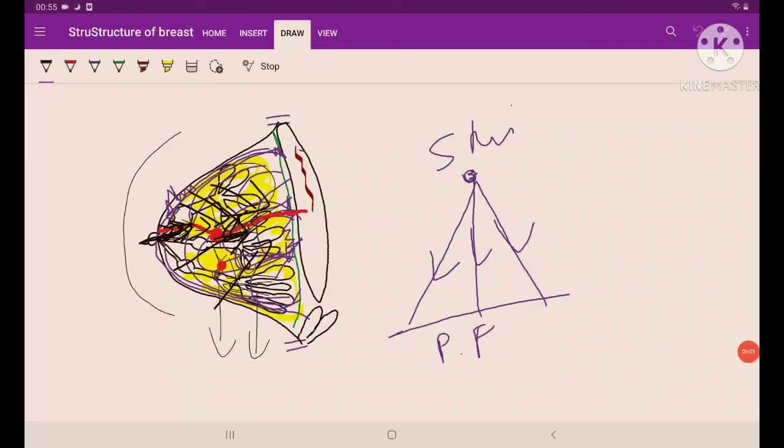Okay then guys, we'll end the class here today. In the next class, we'll be discussing the blood supply and the lymphatic drainage of the breast. That is one of the very important topics. We'll learn how we can remember the channels and what's the clinical importance basically.